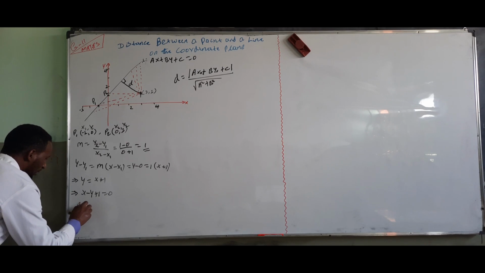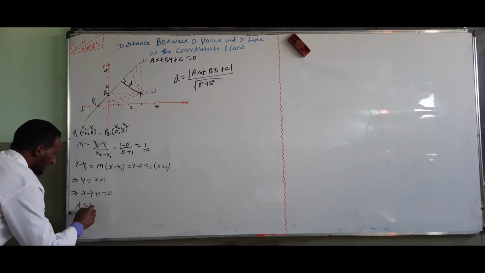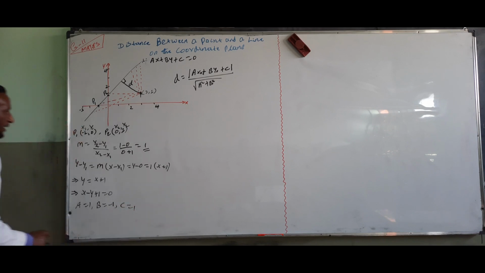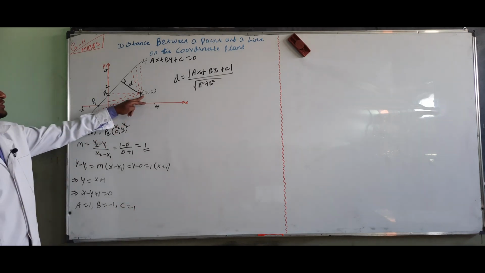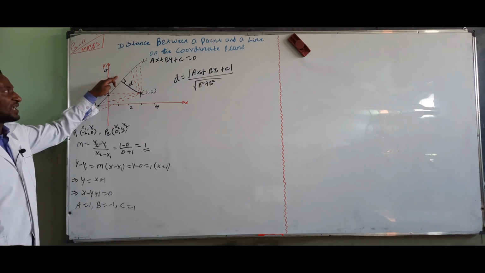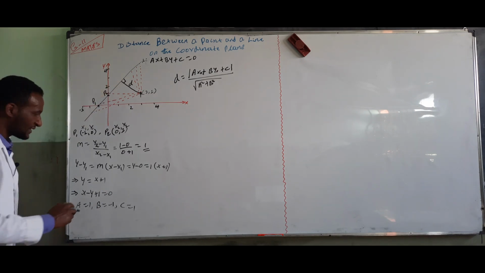This is the general equation of the given line. Then a is equal to 1, the coefficient of x. b is equal to negative 1, c is equal to 1. Then the distance between point P and line L is